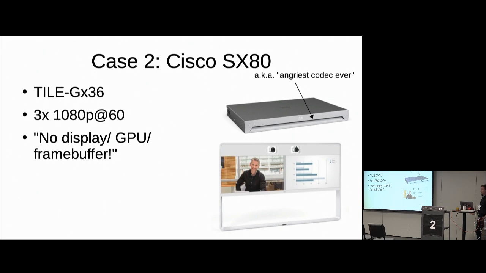But the problem was it had no other chips. So there was just 36 cores. No display, GPU, frame buffer, anything, because nobody needed it, and because the PMs who decided that we should go for this hardware didn't care about graphics, didn't care about user experience, and wanted that chroma key 16-bit crap to run on our devices. And then again, they were saying there is no display, there is no frame buffer, there's no GPU even now. Last time you had a GPU, this time you don't have one.